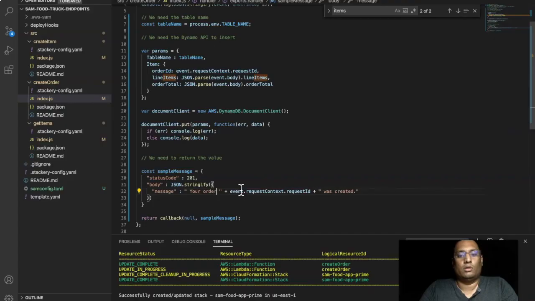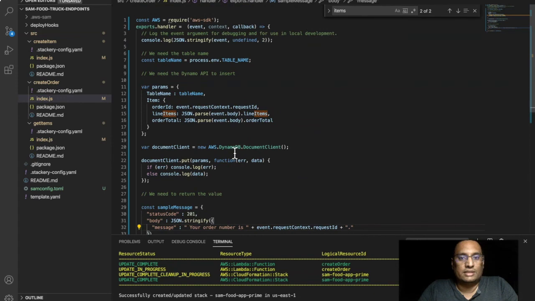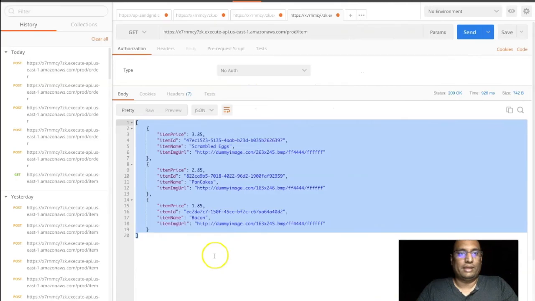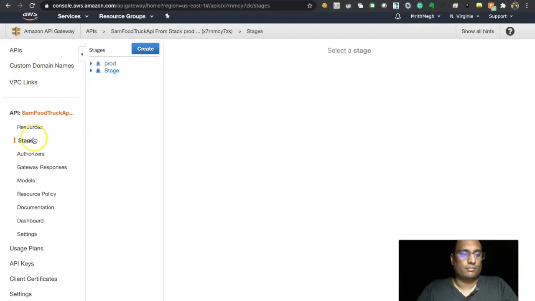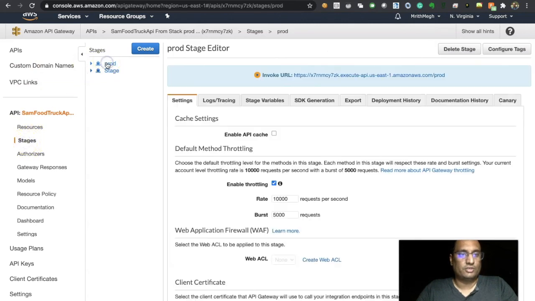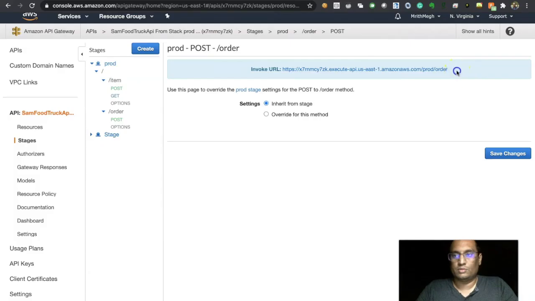Everything else, yeah, this will change. Your order number is... okay. Still 201. It has been created. Nothing else changes. Let us go ahead and do the SAM build and deploy and call the API and see if it is going to be good news. It has moved. So now let us go to the API Gateway and open the stage, prod, post, copy the endpoint, promote to Postman,